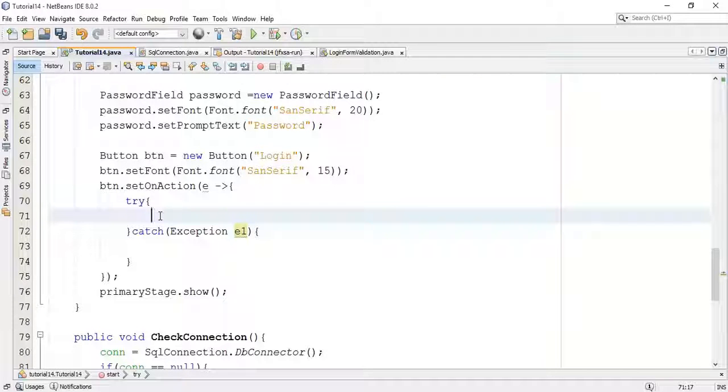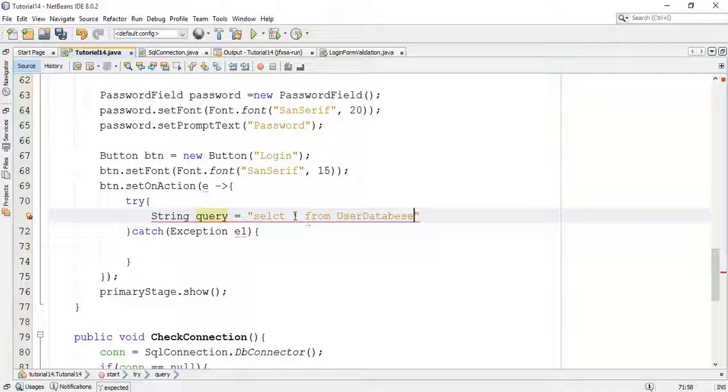So next I'm going to add a string, as I'm going to fire a query for the SQL. In that I'm going to select all. Select star means all from the database. So I'm going to say user database, this will be the table name.